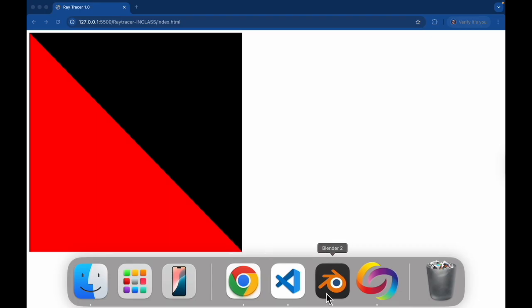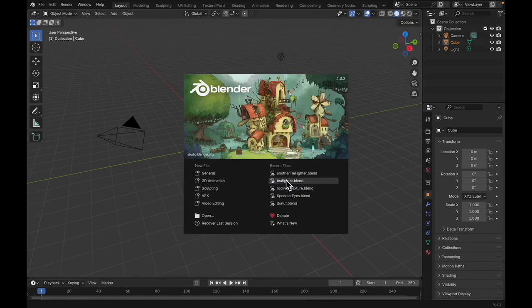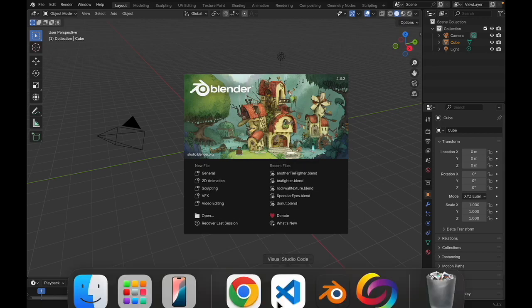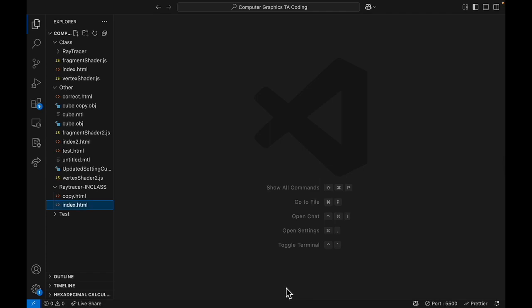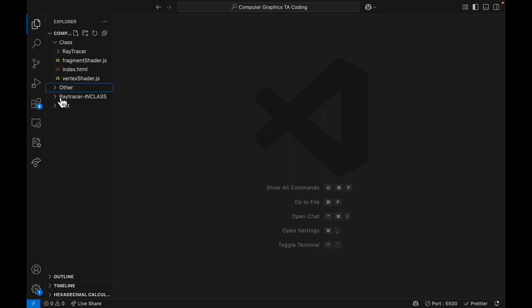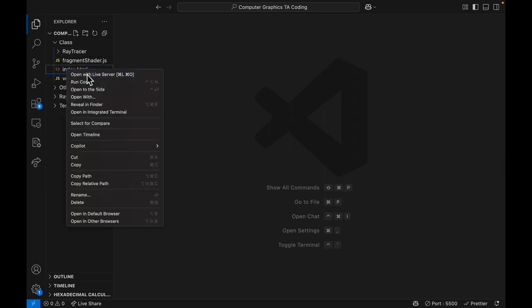So let's get started. I'm going to go into Blender actually, and this is to show that right now, if we go to our current, what we have for our rasterizer, we're just rendering a couple of triangles on there. In order to take it to the next level